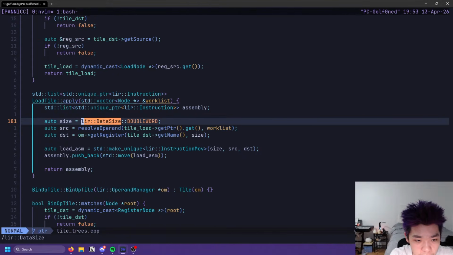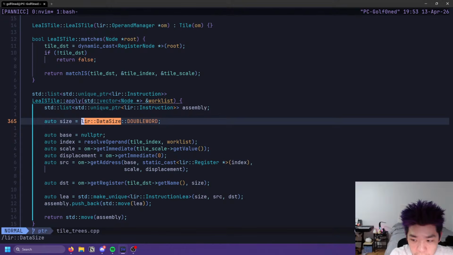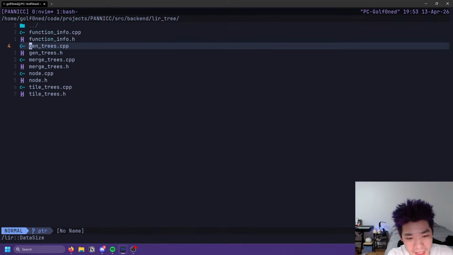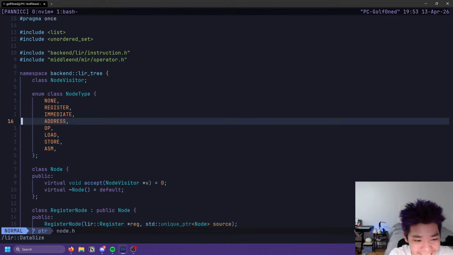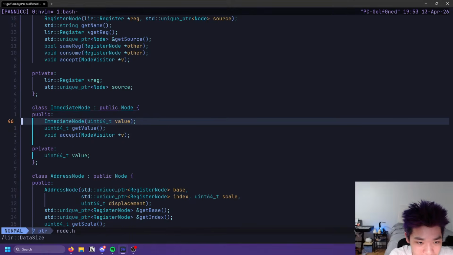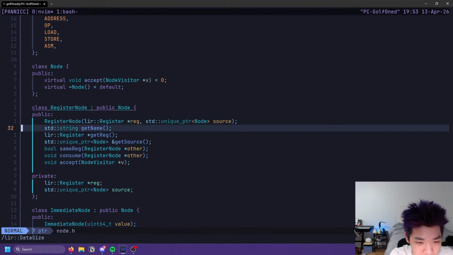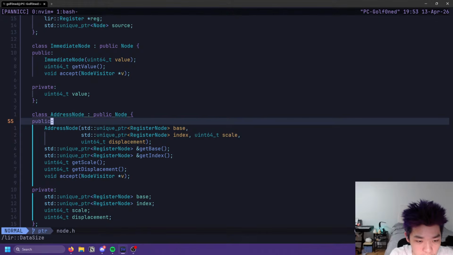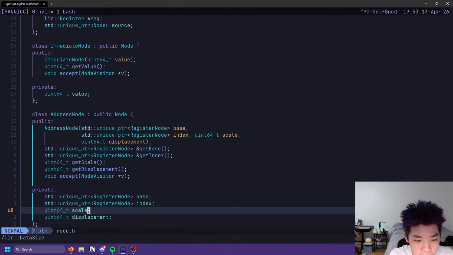Oh man, we lose a lot of info across everything. Okay. Ah, this is more work than I wanted it to be. Okay, well this is fine. I think this has a size built in for register node. Address node, I don't even know how we're gonna encode a size in this.